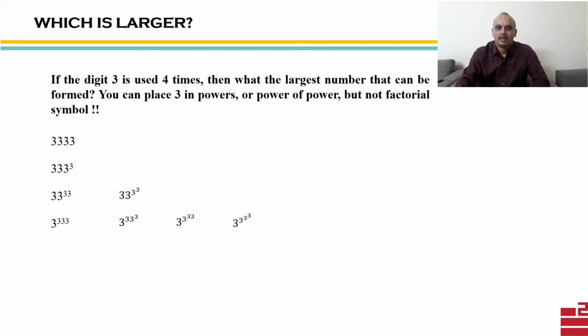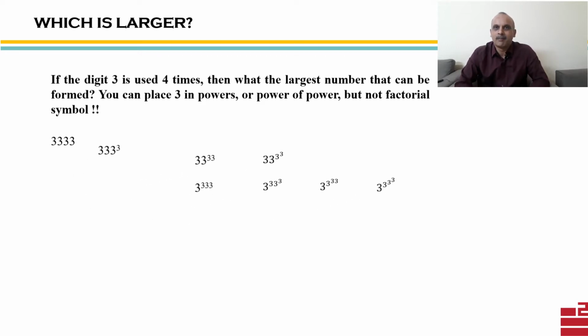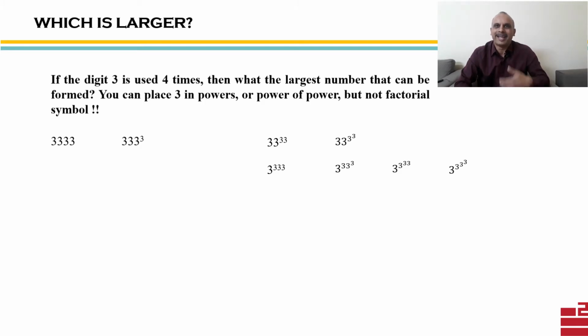Let's increase the boundaries of the question. Let us arrange all these numbers in the ascending order instead of just finding out which of them is largest. Now first of all, we'll compare them pairwise. So first I'll compare 4 times 3 with 333 cube. Isn't it very much obvious that 333 cube is larger than 4 times 3? Because 333 cube is 333 into 333 into 333. So that will be definitely much more than 4 times 3. So we have no calculations here.